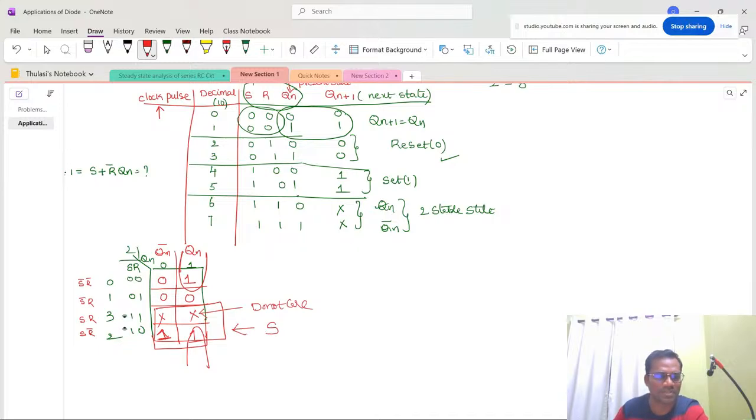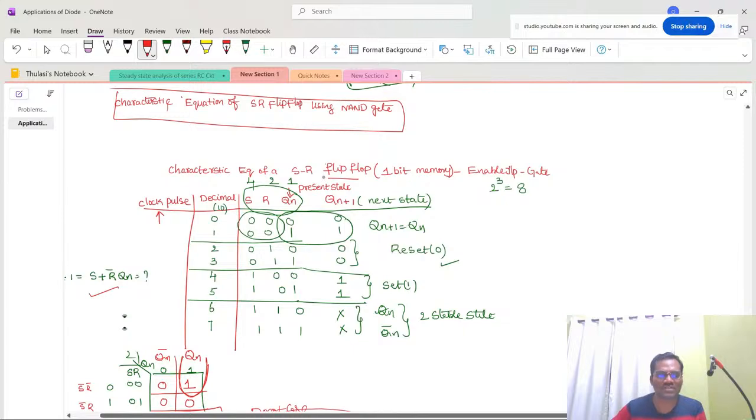For this mapping of the K-map or Karnaugh map, if you are getting 1, 1 mapped, you have to see what variables it is mapped to. What is the common term here? This is plus, and in this column you are going to have Qn. Vertically and horizontally, 1 is there in this row, and here the common term is 0, 0, and S bar. Both are different, so the common term is only R bar. Therefore we have obtained S plus R bar Qn